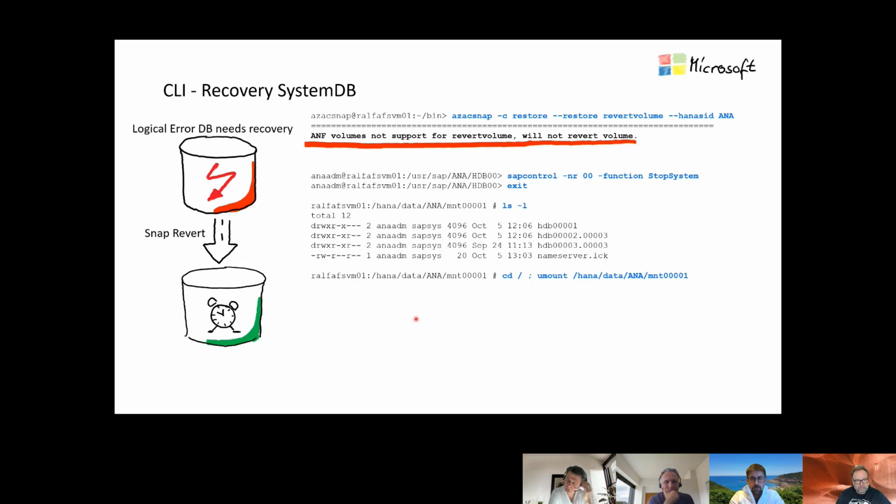A little example. But also very important here to see is another thing. With that ASIC Snap, you also can restore snapshots only for HLI, so for HANA large instances, this is possible. For Azure NetApp Files, this is not yet possible. So we are a little bit careful about enabling this feature. With this ASIC Snap, you are able to do a snap revert for HLI storage, but not for ANF. Very important to understand.